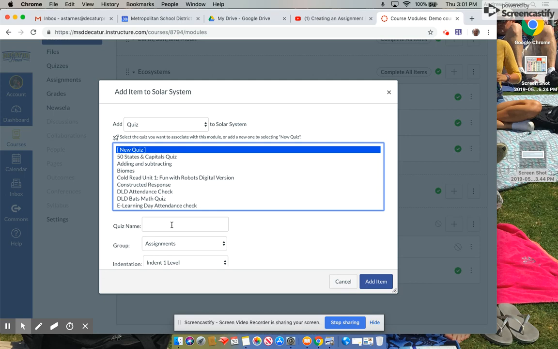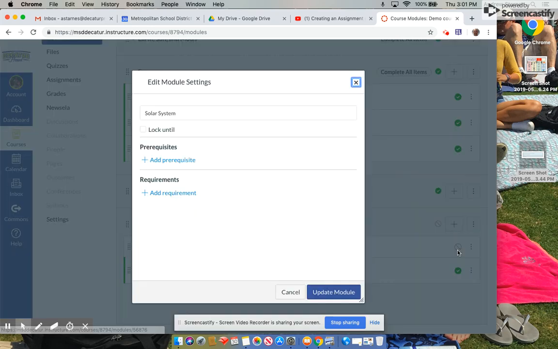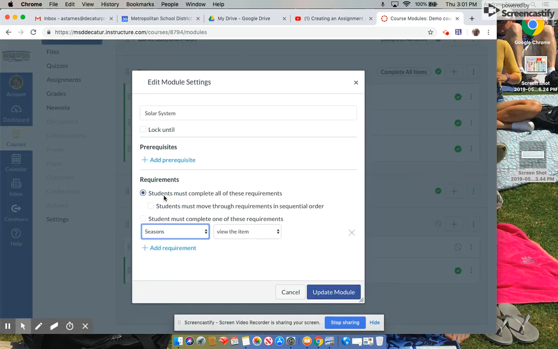creating my quiz. So you're really just building out the same thing you would do in class each day, or what you would have in your lesson plans or your file cabinet. You're putting it into Canvas. Once you're done, let's say you've built out and you've got like 6, 7, 8 things in here. You can come over here to settings, the 3 little dots, and hit edit. And you can add requirements. So you can decide if the students can move on